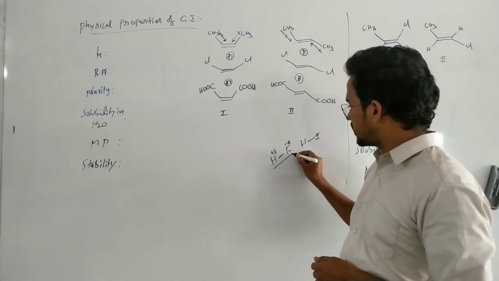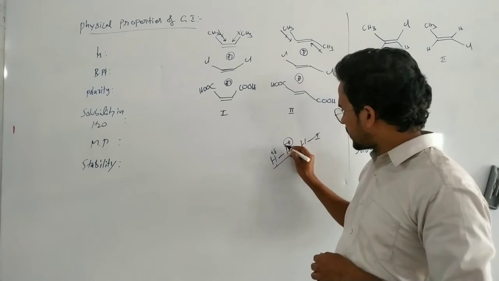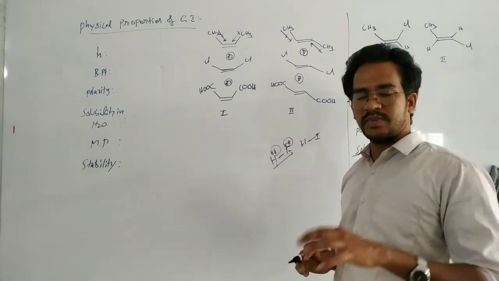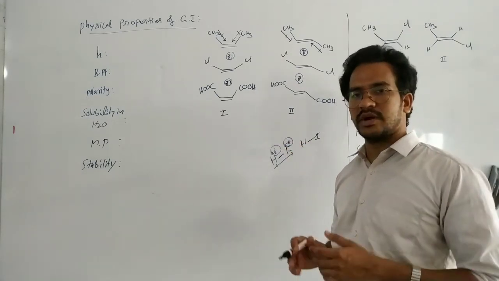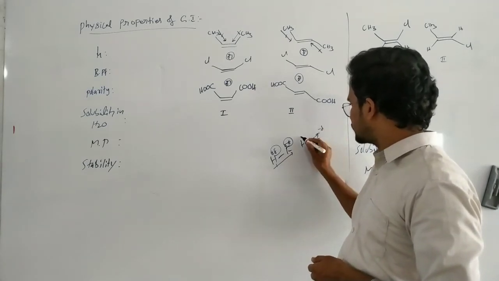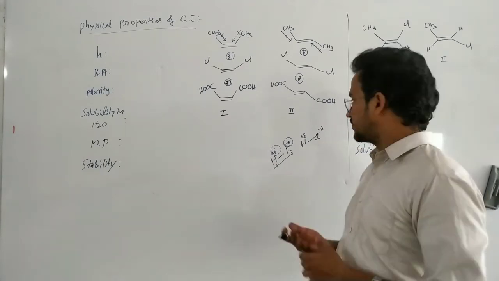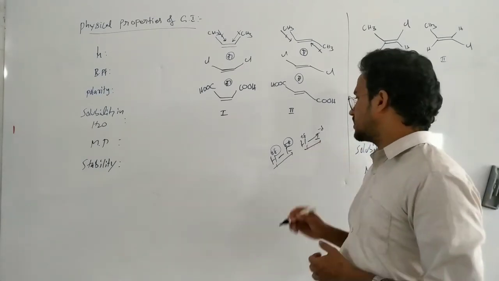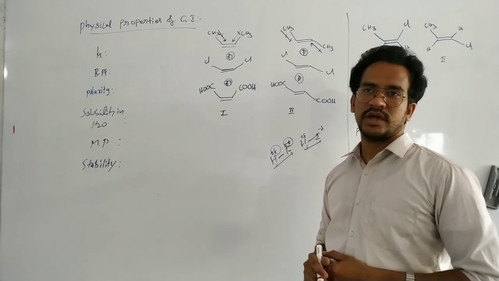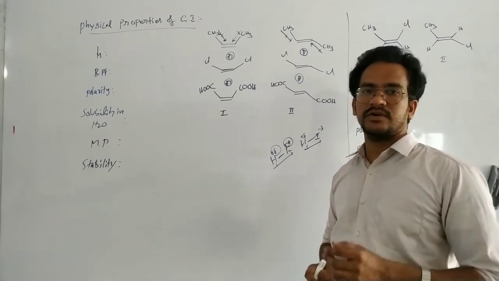Here in this case, the movement of the electrons is in one direction, with some magnitude, and positive charge and negative charge are both developed. Here, less magnitude of the negative charge and less magnitude of the positive charge because of less electronegativity difference. Of course, the direction of the electrons is towards iodine. So dipole moment has a specific direction and specific magnitude.